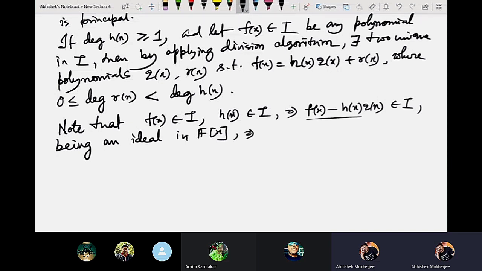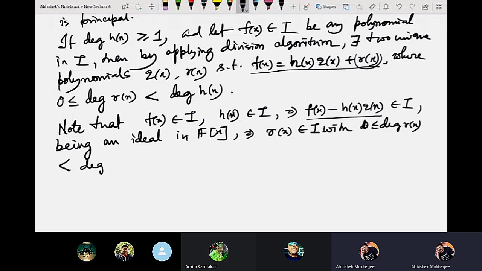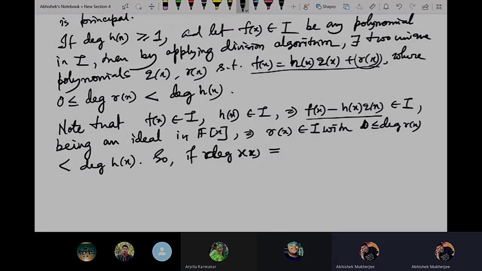And this f(x) minus h(x)q(x) is r(x). That is, r(x) belongs to I, with the property that 0 less or equal to degree of r(x) strictly less than degree of h(x). So if degree of r(x) is